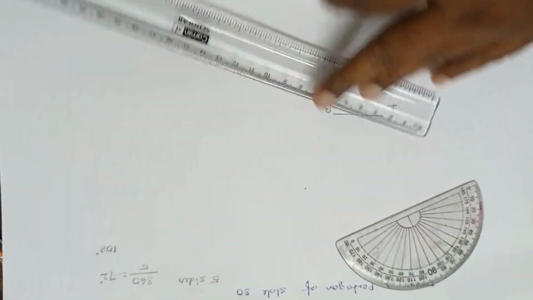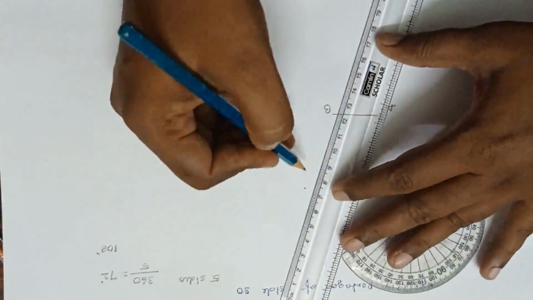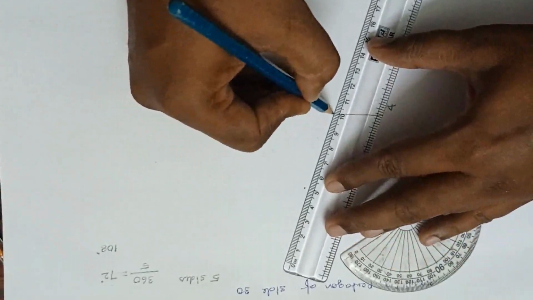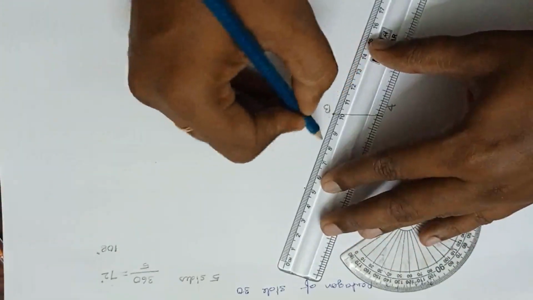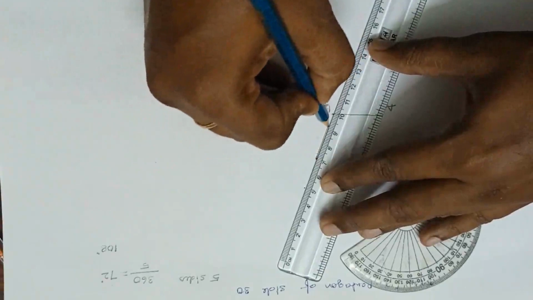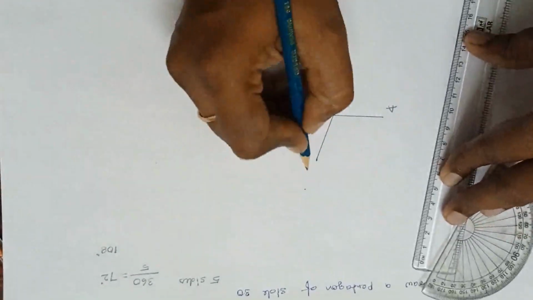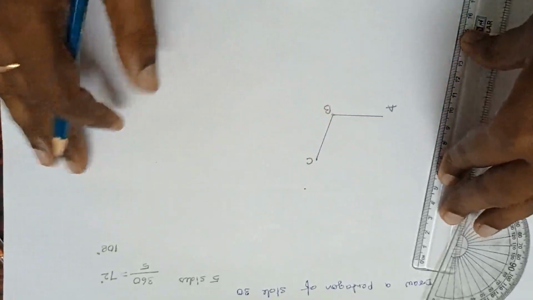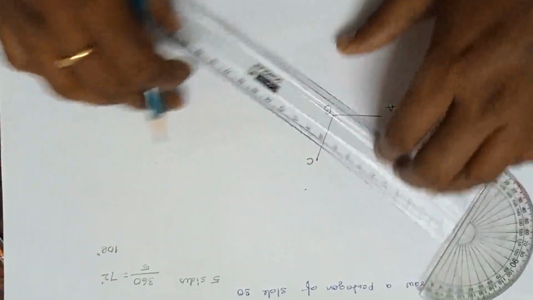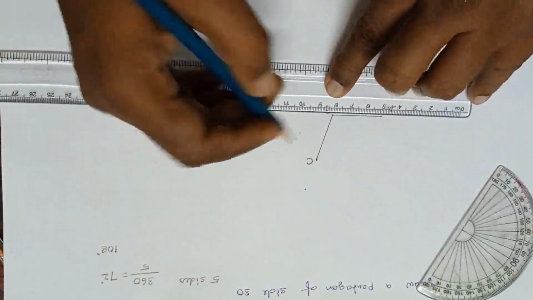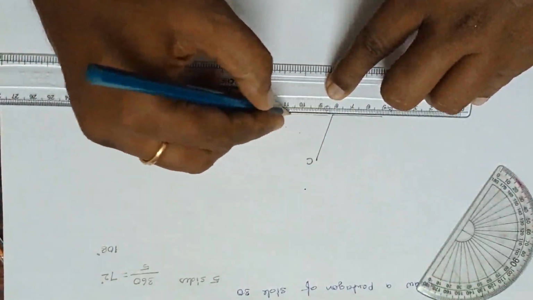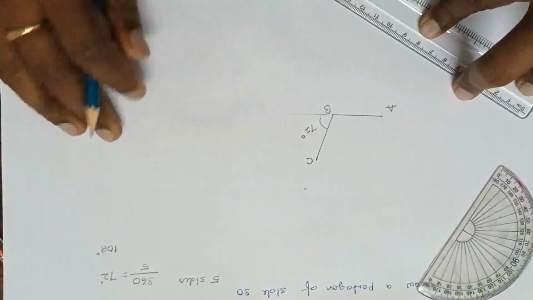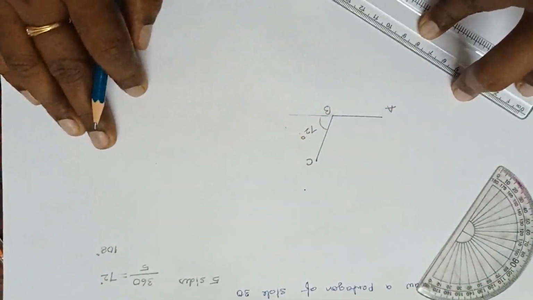Okay, now at 72 degrees, what do I have to draw? I have to take the side, how much? 30 mm. Okay, now this is 30 mm. From B, I'll mark this as C. Done. So at this angle, I'll draw a rough, small line like this. Now see here, this is the 72 degrees exterior angle. Have you got it? Done.